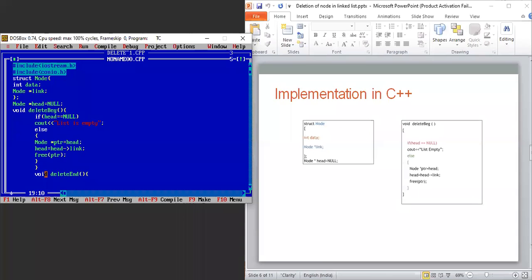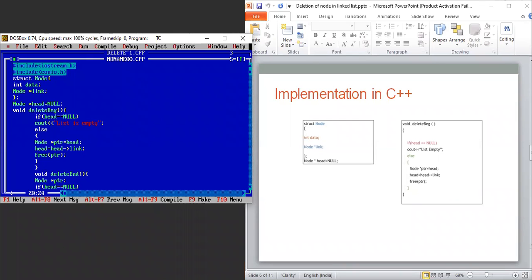So again, I will consider another node here, so I will be using node star PTR, and again I will check if my list is empty. So I will check if head equal to null.